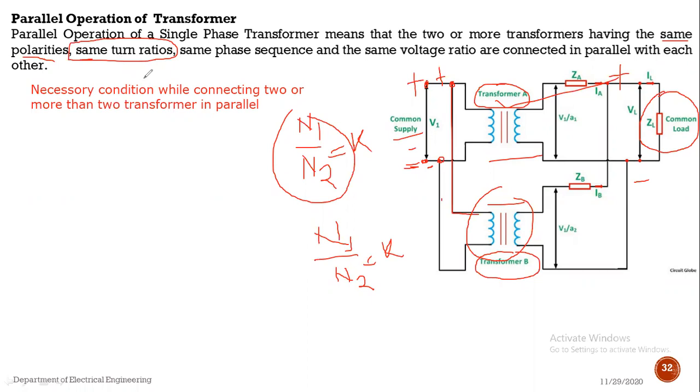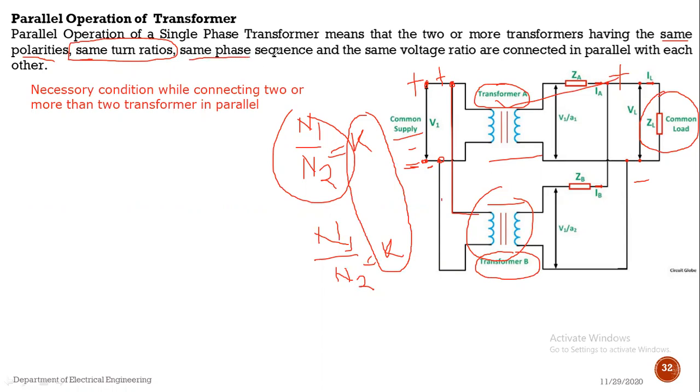Okay, that means an unequal turns ratio or an unequal kVA rating transformer can also be put in parallel. But while operating two transformers in parallel, you must select transformers having the same kVA rating. Both transformers should be chosen with the same kVA rating. Okay, again,